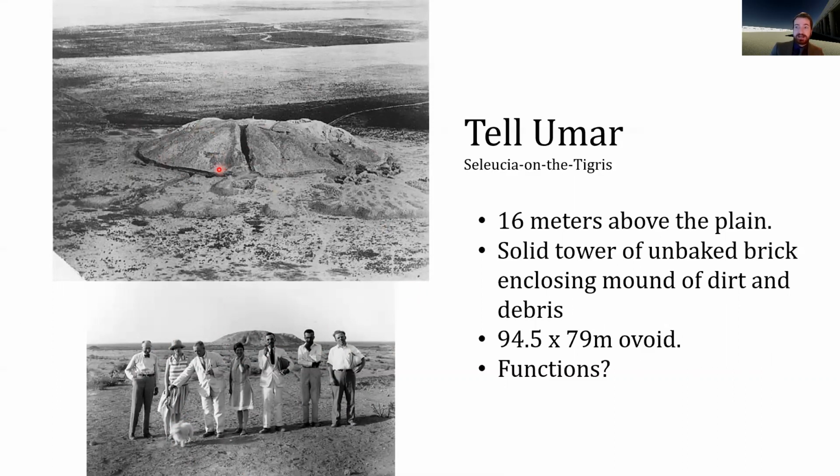So they believed, as part of their excavation permit, that they were excavating the ancient Babylonian city of Opis. And they thought they were looking at a ziggurat. And it very much fits the idea of a massive ziggurat. It's 16 meters above the plain. It has these solid blocks of unbaked bricks, and it was roughly square in size. You could understand it to be kind of rounded off because of age, but it very much fit the idea